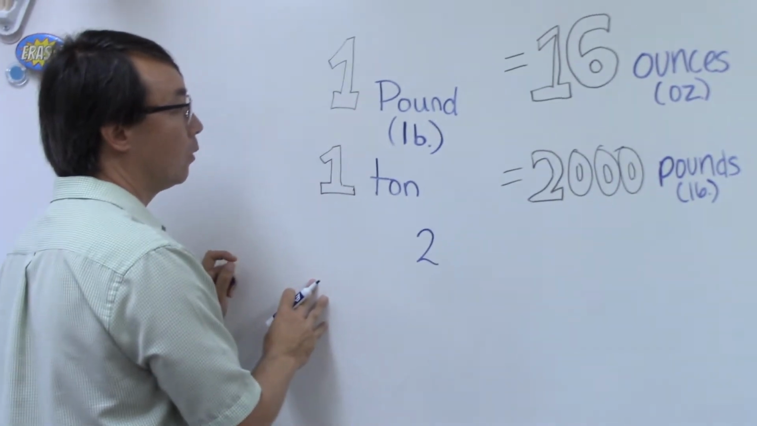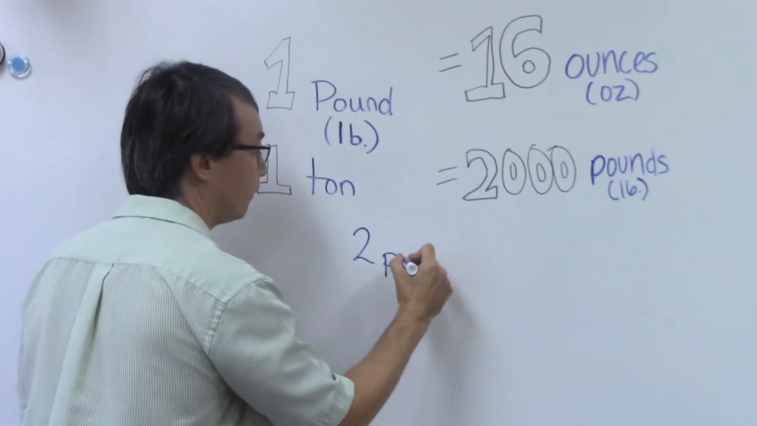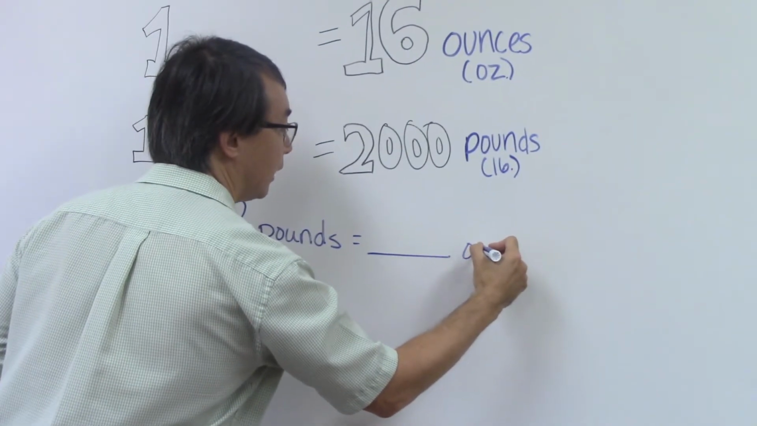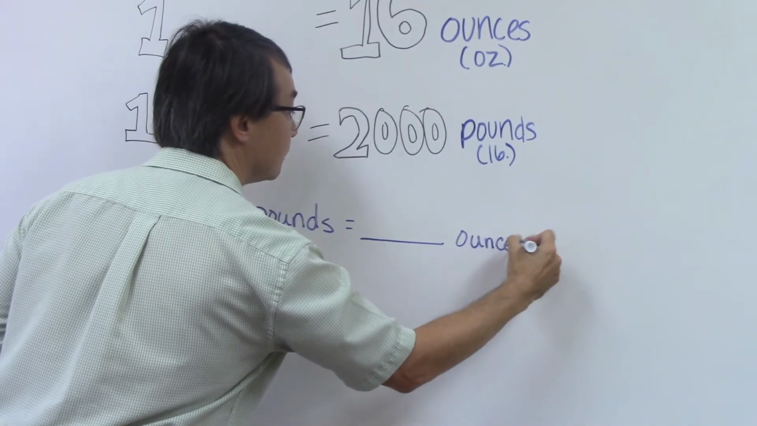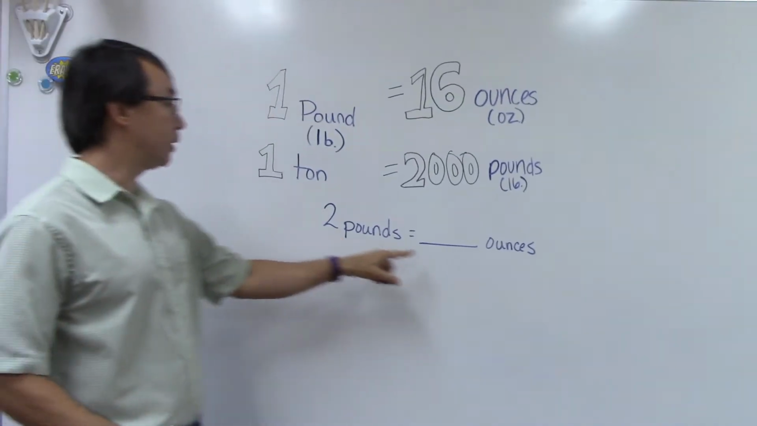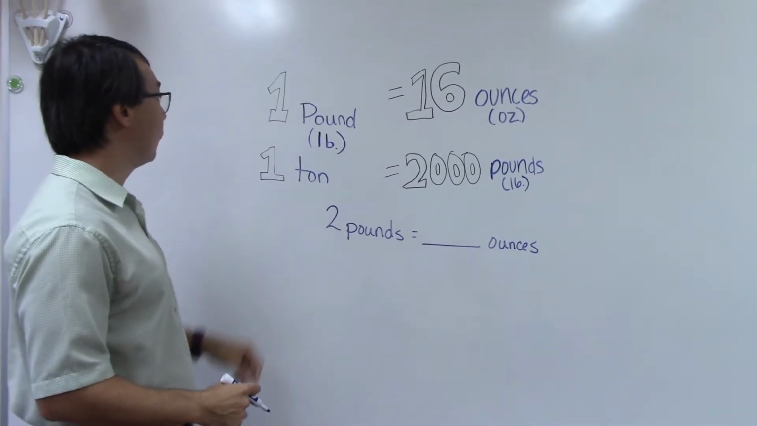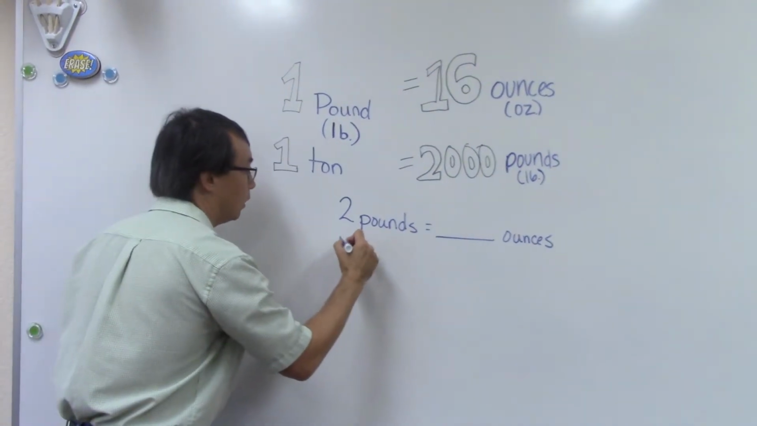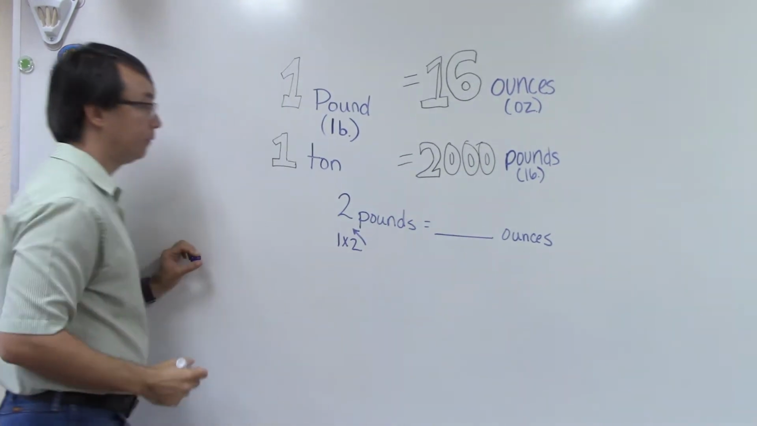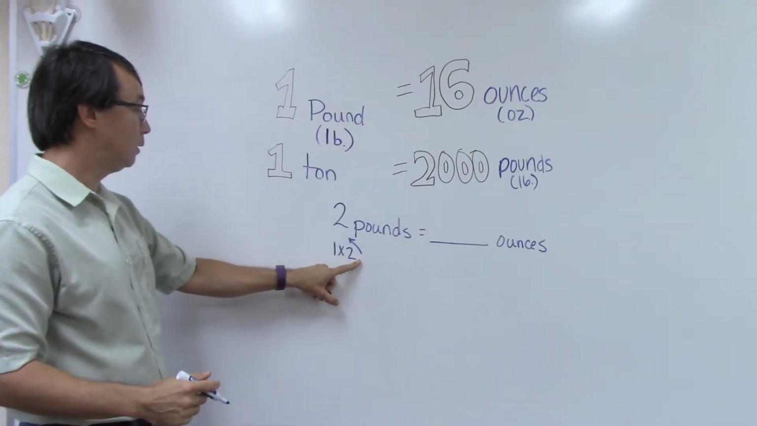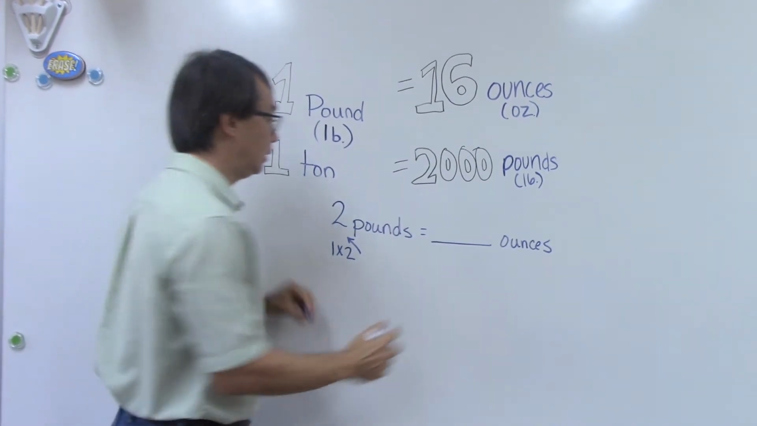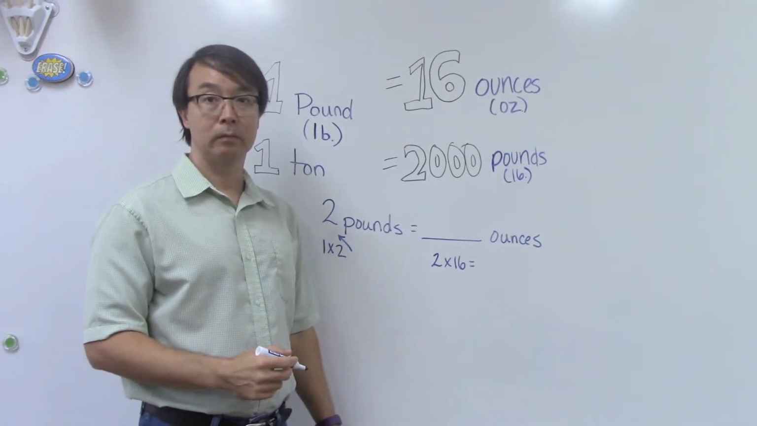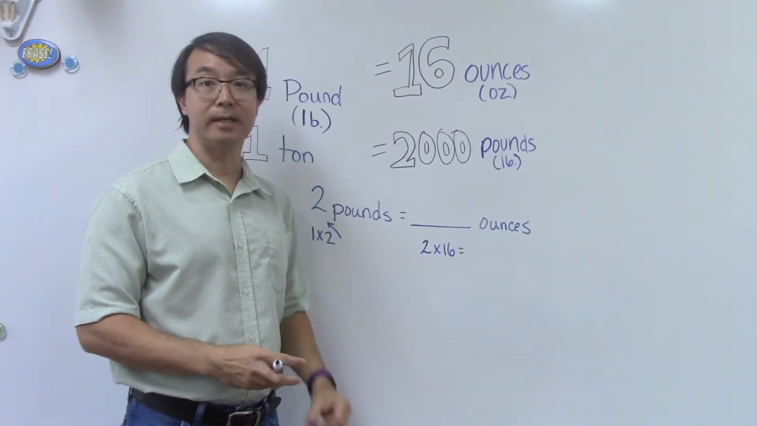But we're going to do this conversion of 2 pounds equals blank ounces, right? 2 pounds equals blank ounces. 1 pound is 16. So, how do we get from 1 to 2? 1 times 2 is 2. I multiply this times 2, so I'm going to have to multiply this one times 2. 2 times 16 equals,